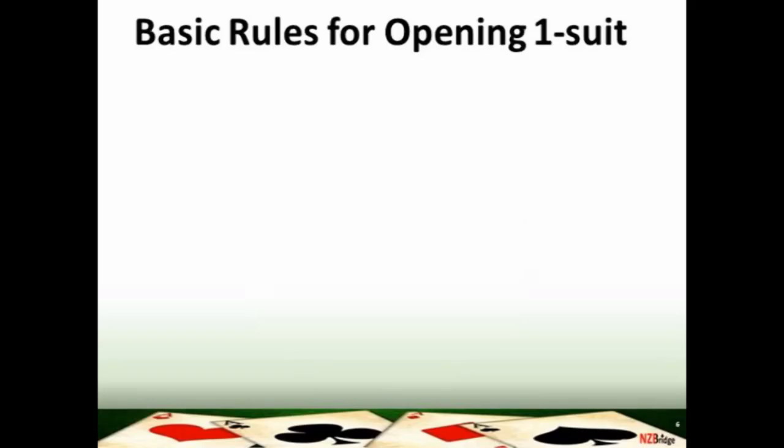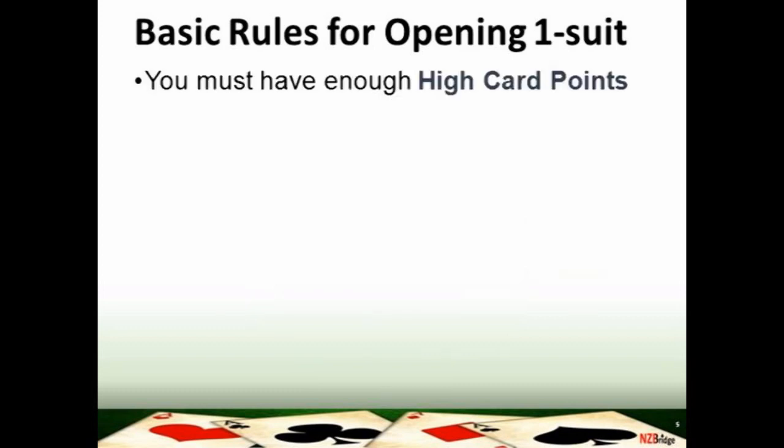We're going to look at now the basic rules for you to be able to open the bidding. So to be able to say hello to your partner. We're going to look at you opening just one of a suit. To do this, you need enough high card points. And the number of high card points we're going to look at to open one of a suit is between